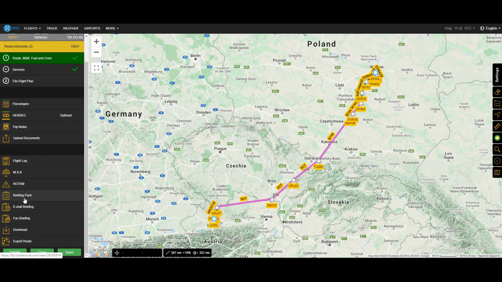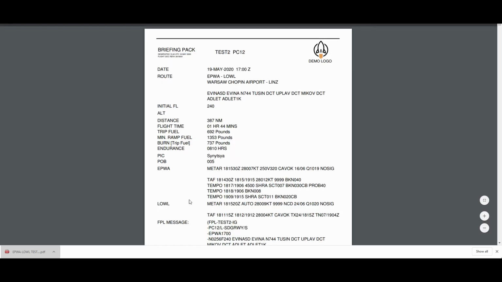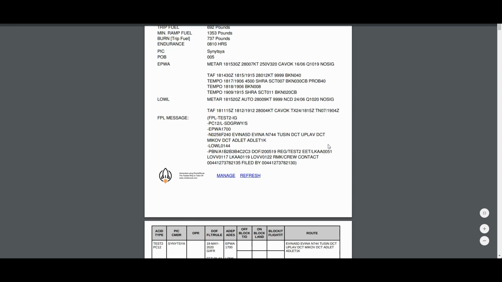Here you're able to do the briefing pack. This will download the full briefing pack. Once your briefing pack is downloaded, you can open it in PDF. See all the information about the flight itself,